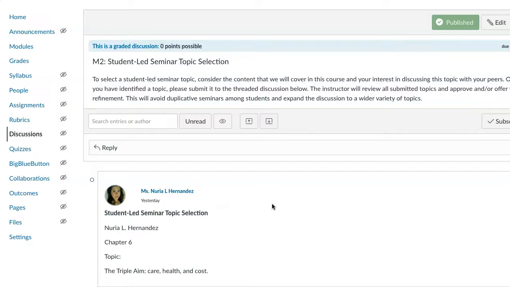You could Google healthcare economics and see what's out there. So you have a wide latitude as far as your topic selection, but I don't want to have a lot of duplicate topics. So go out there, grab your topic, and then you'll see me just say, sounds good, looks approved, or sounds good, approved. And then you're good to go. That's all you need to do this week.